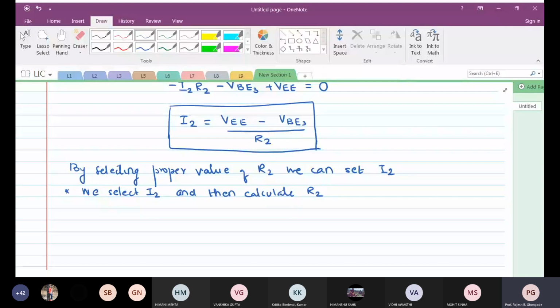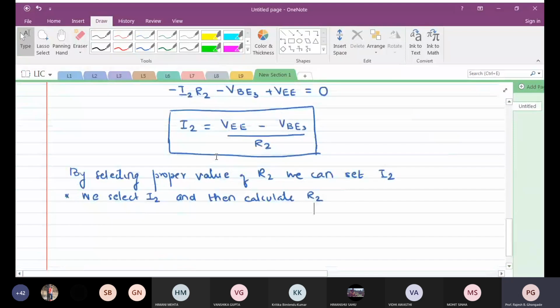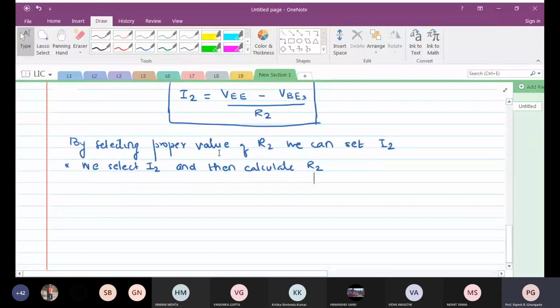I have given you a design for a very simple current mirror. So our problem of improving CMRR has been somehow sorted out. Okay, so you can expect a numerical based on this to find out the value of I2. Very simple. It's not that great at all.